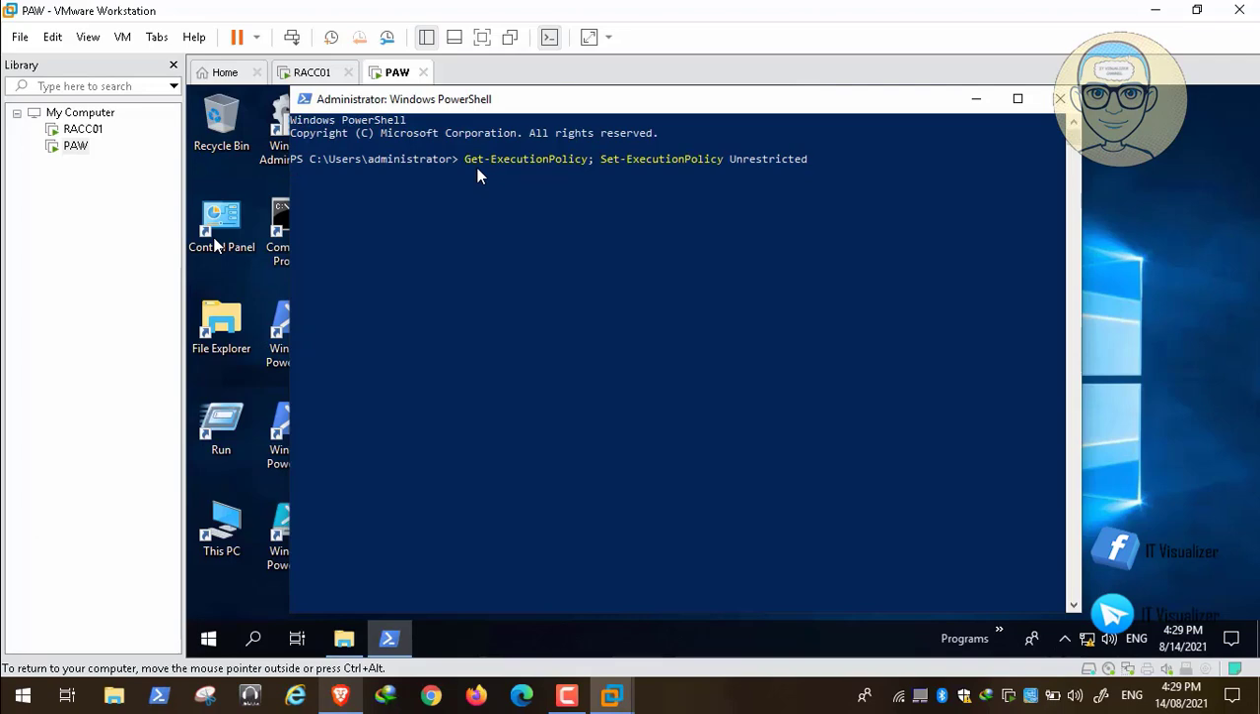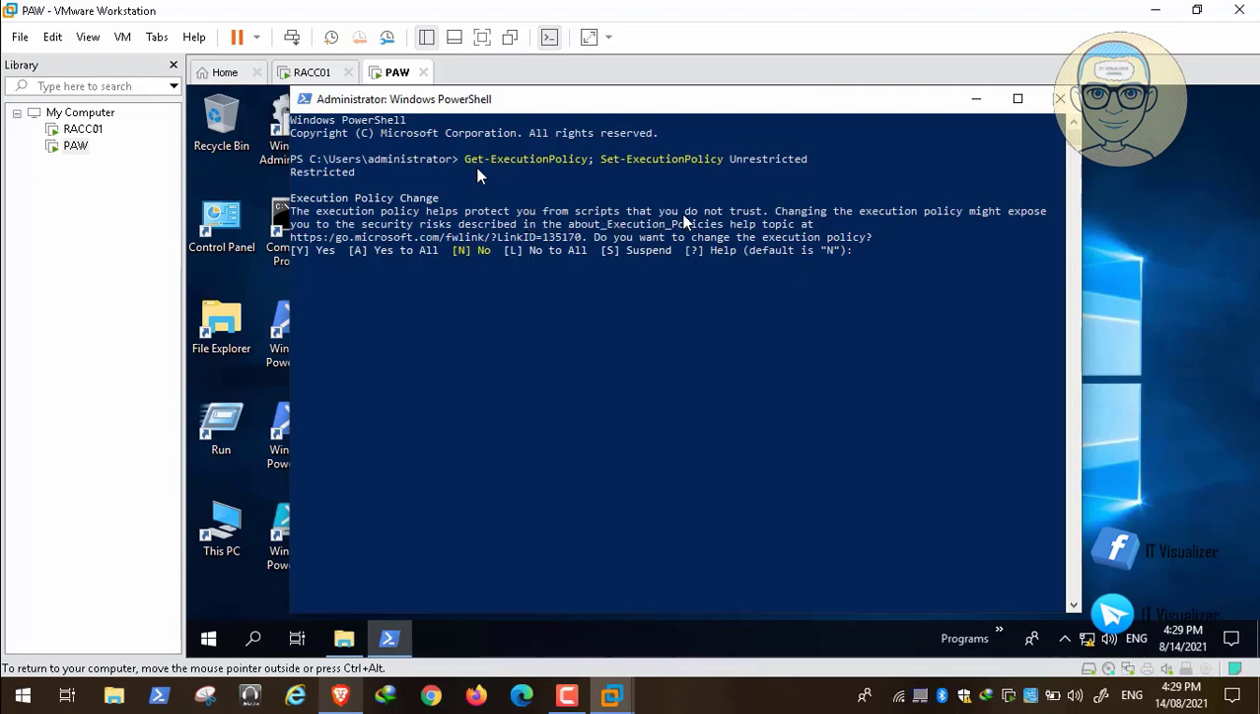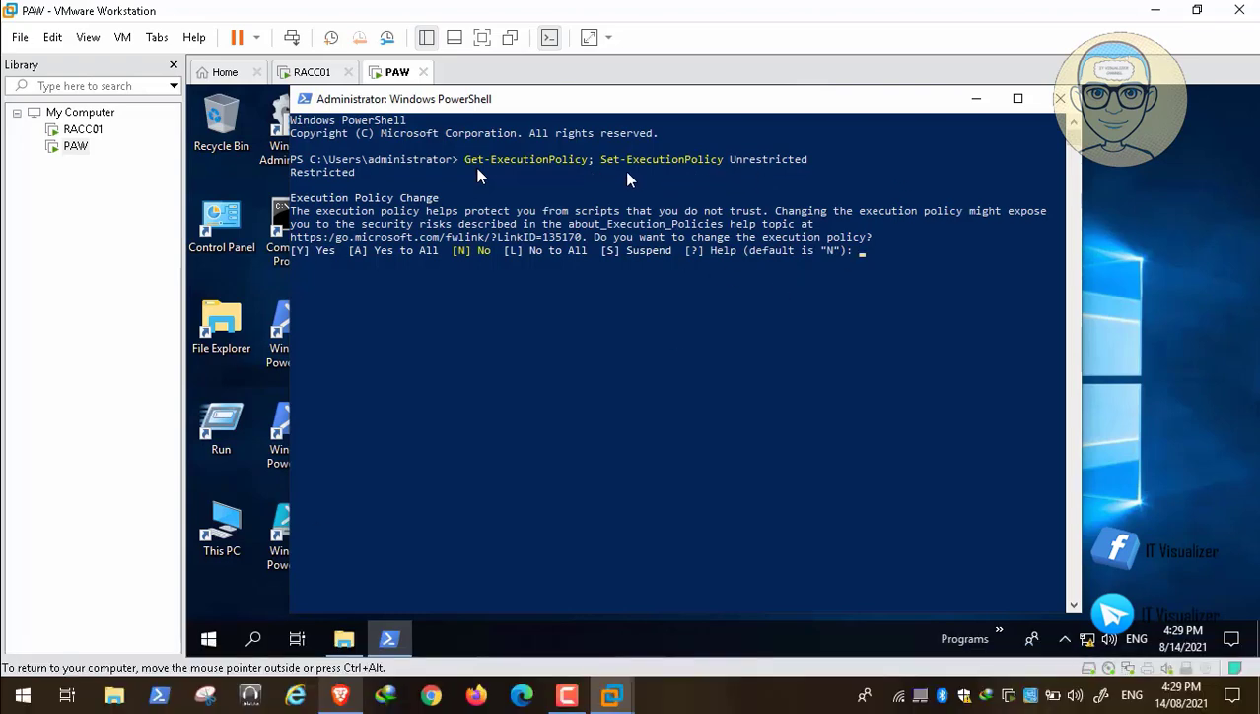and then it will ask you a question here. The execution policy protects you from running scripts that you do not trust. Changing the execution policy might expose you to security risks described in about execution policy. Do you wish to change the execution policy? Tell it yes. By the way, this will be set for all. I think for all, or maybe just for this time that you open the PowerShell. Anyway, tell it yes. I think no, this is for all. Set execution policy for all time. So now we will set it to yes,